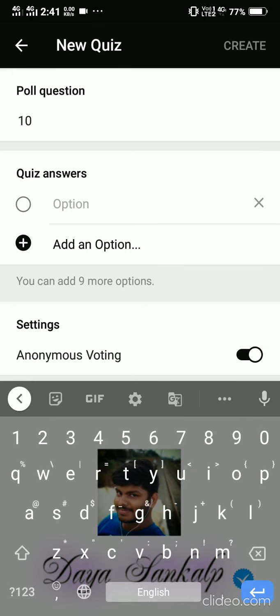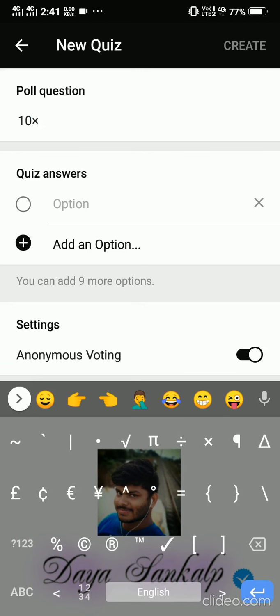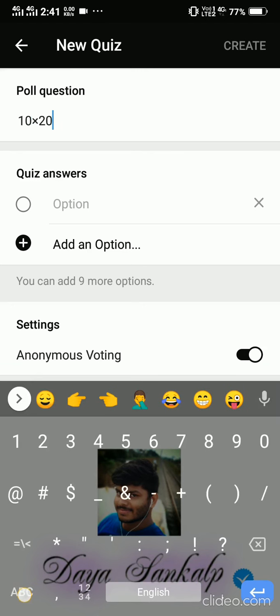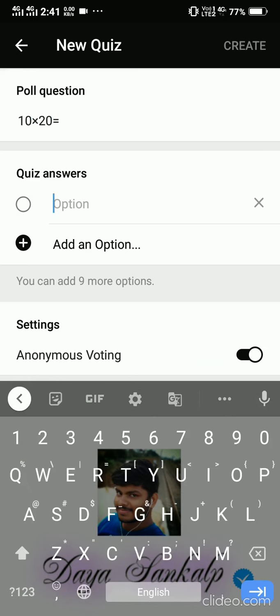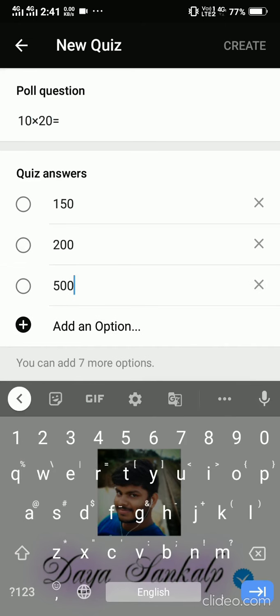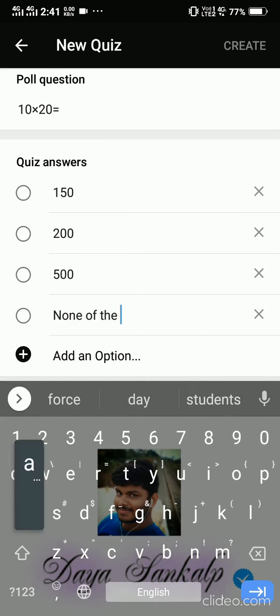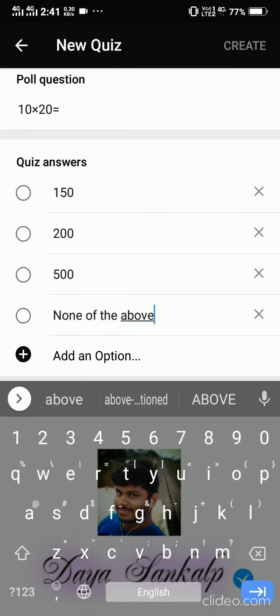10 into 20 equal to how much? 150, 200, 500, none of the above.